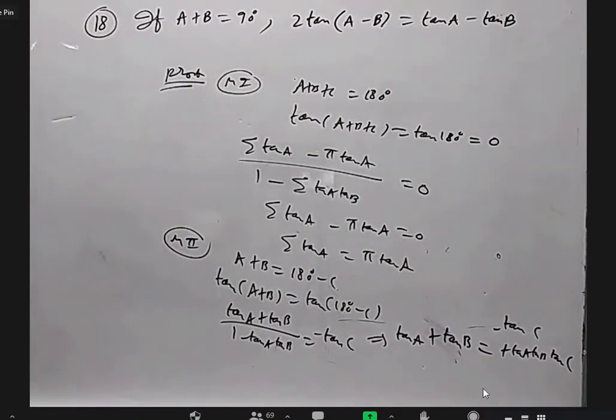Sir, the formula tan A plus tan B plus tan C equals tan A into tan B into tan C. After that, you wrote one thing, no, sir? Cot with cot, that one. That is cot A cot B plus cot B cot C plus cot C cot A equal to 1. Sir, once can you again say it? Cot A into cot B plus cot B into cot C plus cot C into cot A equal to 1. Okay, sir.